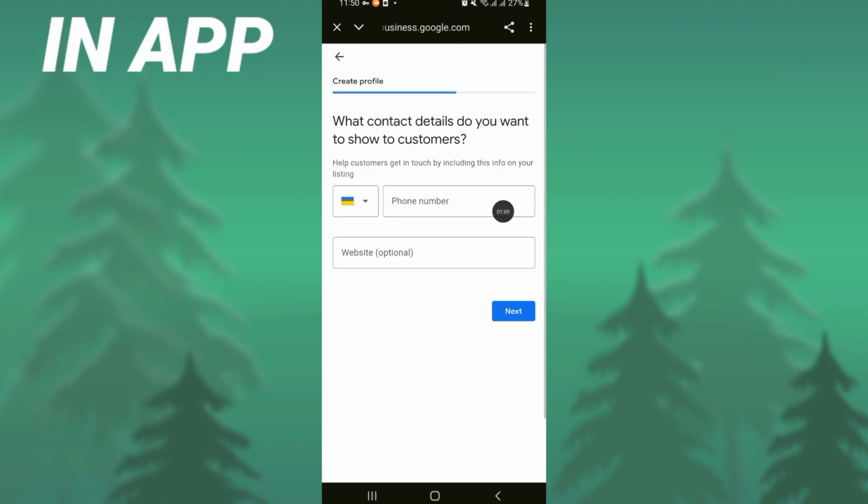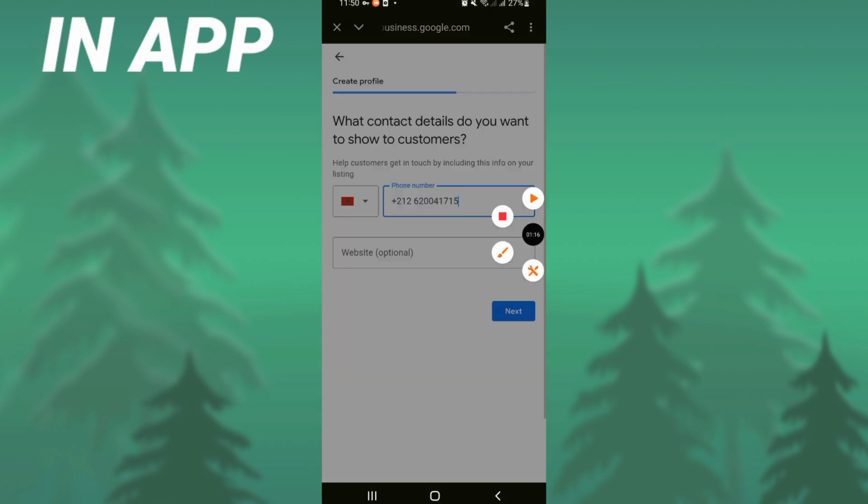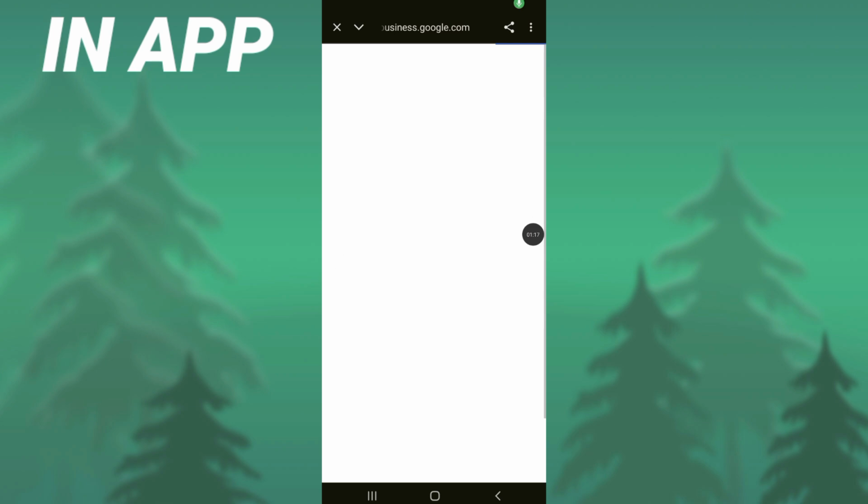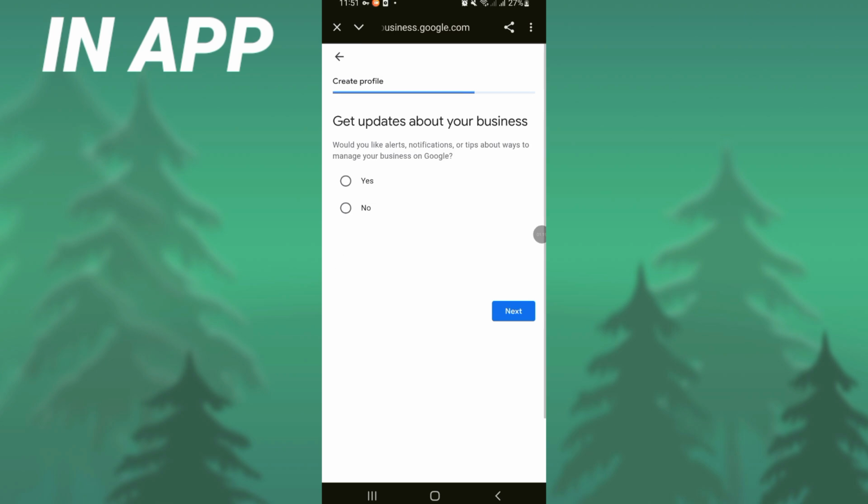And here you have to add your number and click Next. I will add another number, wait. I add a number, click on Next here. Get updates about your business, click Yes and click Next. So after that,